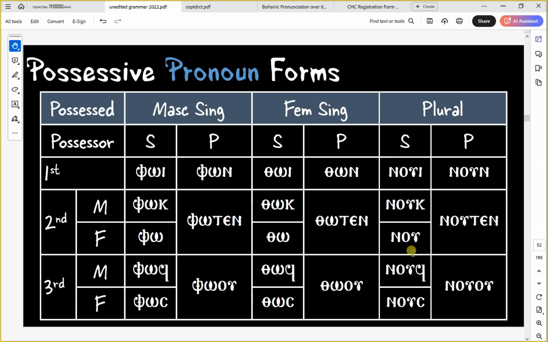But if you're using it as a pronoun, so if you want to say yours or hers or its, does it work? Mine, theirs, right? You would use this form. So whatever we learned before. So yota for I, foi, fuk, k, fo, nothing, fof, fi, fos, sima, fon, ni, foten, the ten ending, and then fo, right? Now, if you look here, there should be one that is very familiar to us all